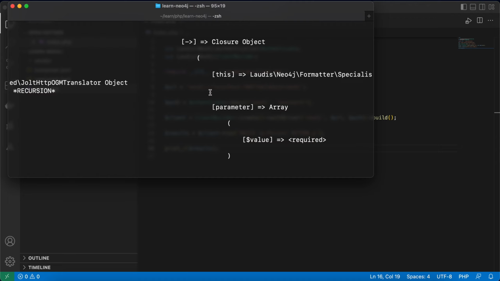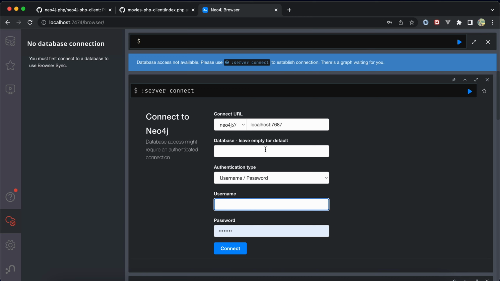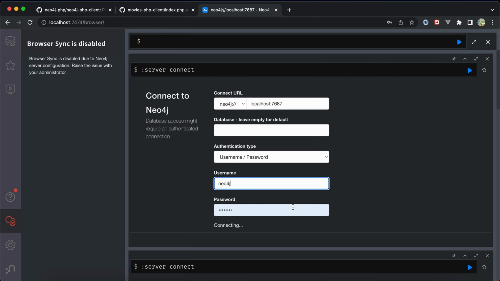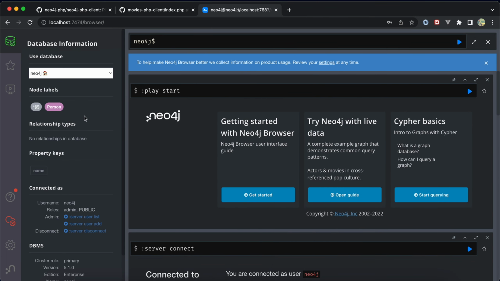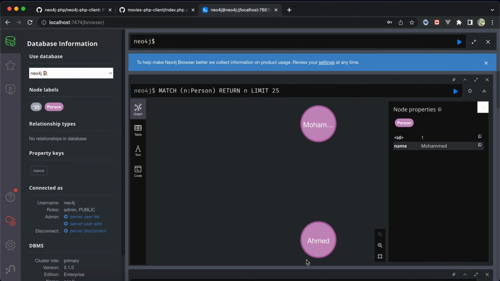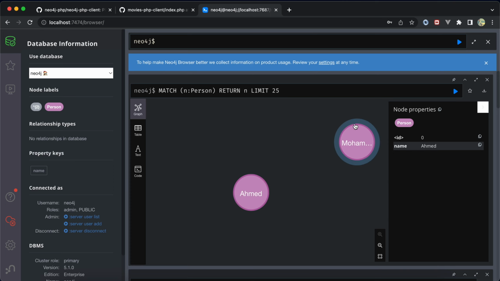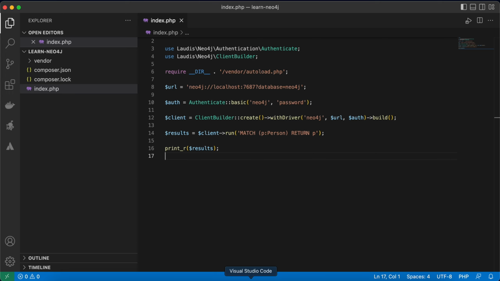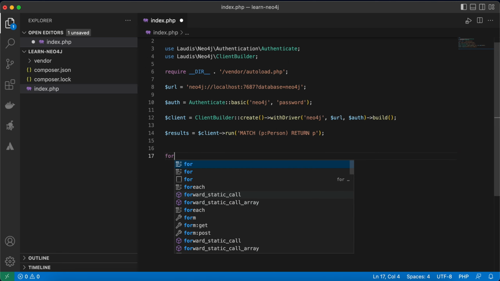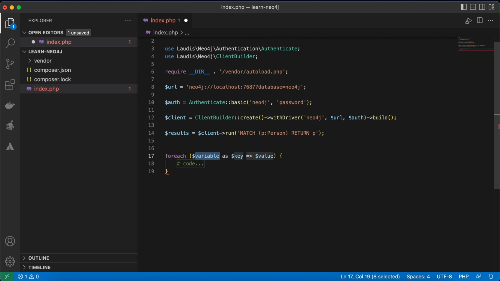But how can we parse this to get the final data? Because if we go here in my database, login to Neo4j, enter, and in our person nodes here I have 2 nodes, Muhammad and Ahmed. How to get these values using names, as you see here, right? And we can use a foreach loop, foreach results as a result,